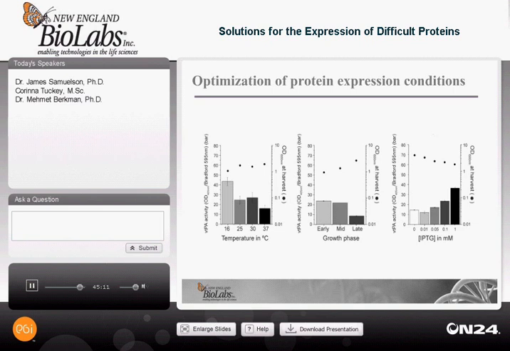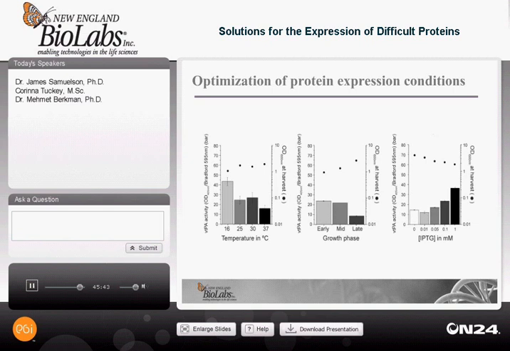For companies that have high throughput expression profiles, they probably know how to express their protein, but your average researcher usually has 3 parameters that they modify: temperature, growth phase induction, do I induce it early or late, and how much should I induce it? Those are the 3 most commonly manipulated parameters. So we thought we should take a test number of proteins and run them through these 3 parameters and find out if there's any obvious pattern or any correlation.